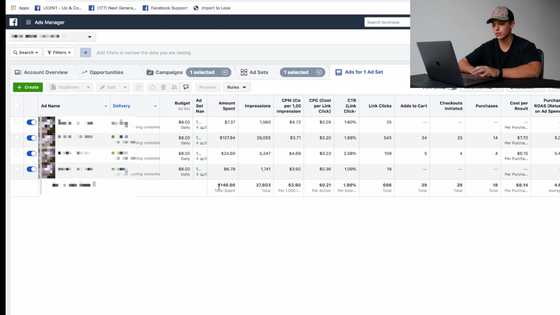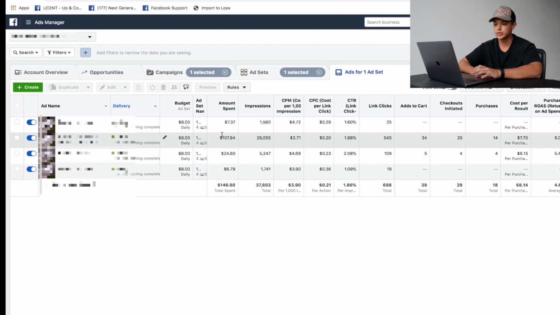So this ad set has spent $146 and it's had a 4.6 return, which is really, really good. And you can see how I told you leaving all the ad creatives on has been working best. And we're just leaving on the ad creatives that aren't really profitable. So there's 2 ad creatives in here that are maintaining really, really well, but obviously one is spending the majority